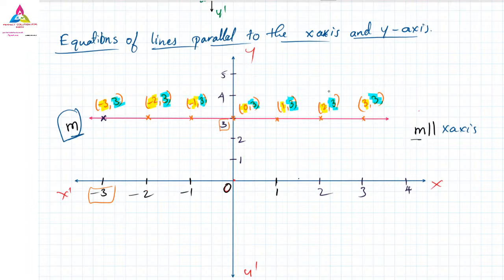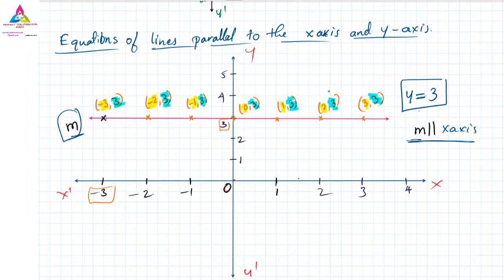Means if we are given an equation where any one of these will be the same, for example the y values are the same, when the y value is the same, then the given equation is what? Parallel to the x-axis, because the x value is going on changing but the y values remain the same. For example, if the given equation is y equals 3, what does it mean? It means that the given equation is parallel to the x-axis, because here